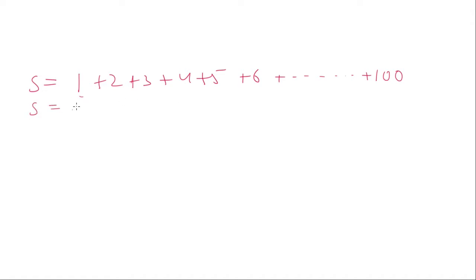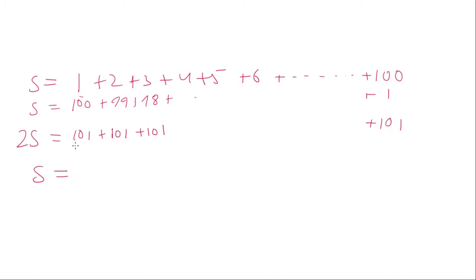Yeah, he put the same thing. Yeah, he put it ulta, and he said that this sum and that sum is same. So add both the lines, twice the sum is 101 plus 101 plus 101. How many times? 100 times. So S will be how much? This side is 100 into 101 by 2. So he came with the answer 50 into 101. He came with the answer in no time. Is that clear?